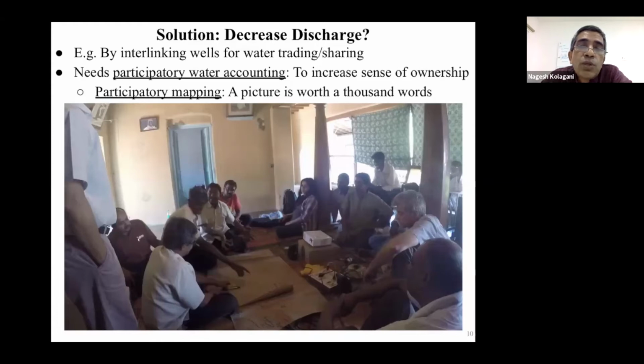If there were no roads, would citizens build their own roads to go from one house to another? No. In the same way, government can come in and lay pipelines to help transport water. These are the kind of things appropriate to local context that might come up when we do participatory water accounting, participatory modeling, etc. And mapping, a picture is worth 1,000 words. So participatory mapping and natural resource accounting is, in my experience, useful, and in the experience of so many people who have reported in papers.